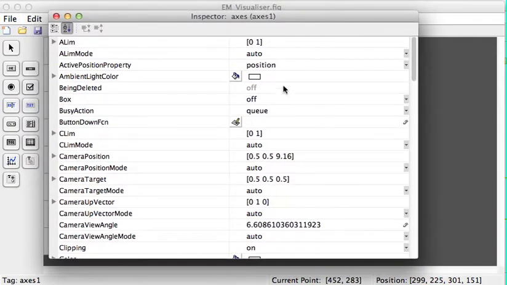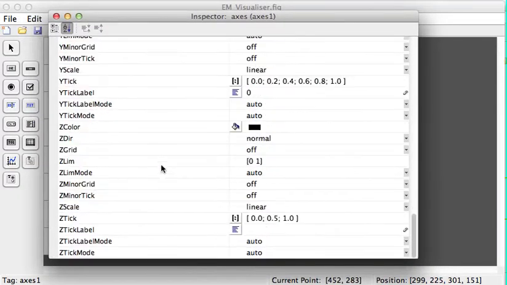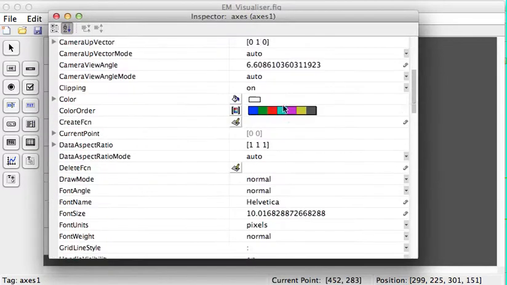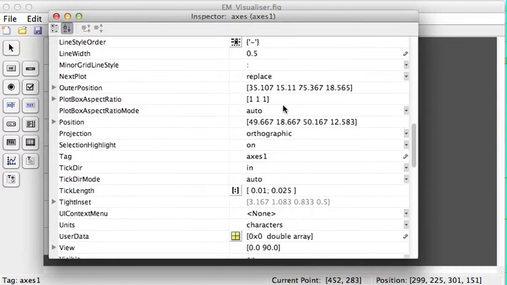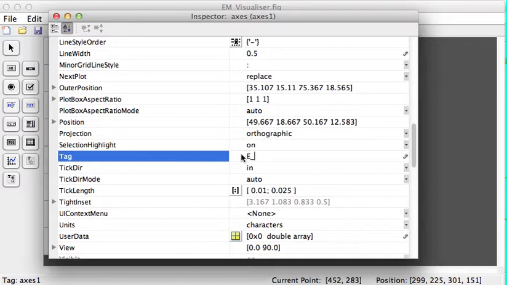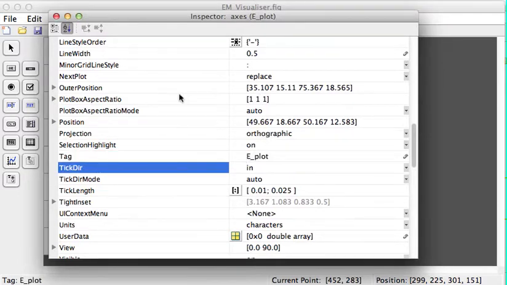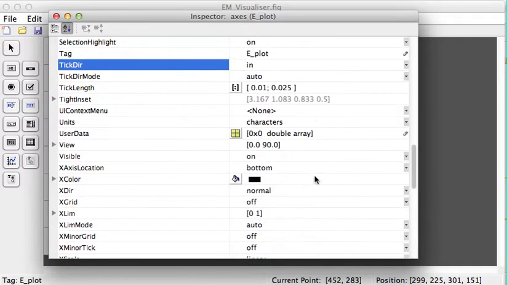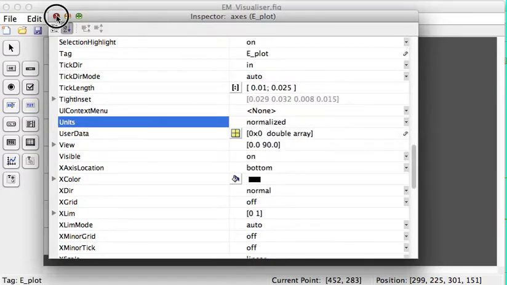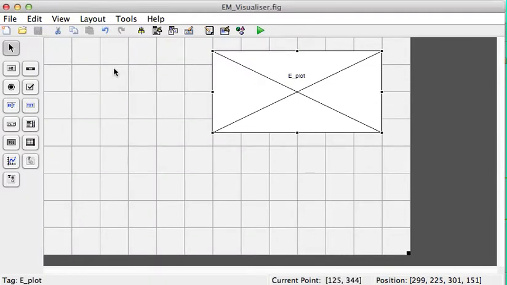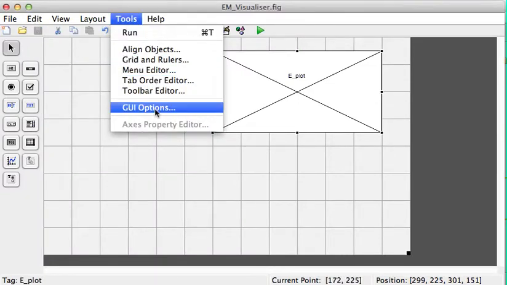If I just bring this down now, we see all the properties of our objects. That's the thing you need to remember. Each object has a set of properties, and it's how we change these properties that affects how the GUI runs. One of the main properties that we need to change is the tag, and that's how we identify it. So I'm going to call this one ePlot, and I'm going to make the units normalized. If I save that now,